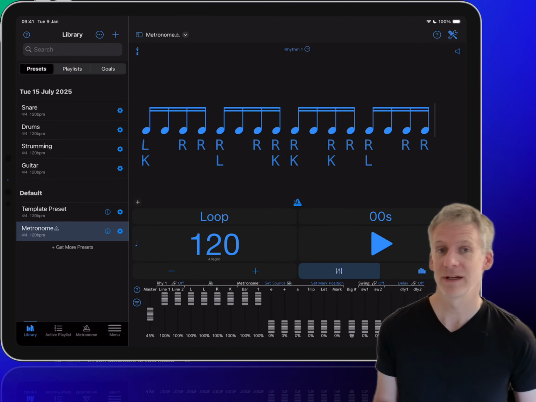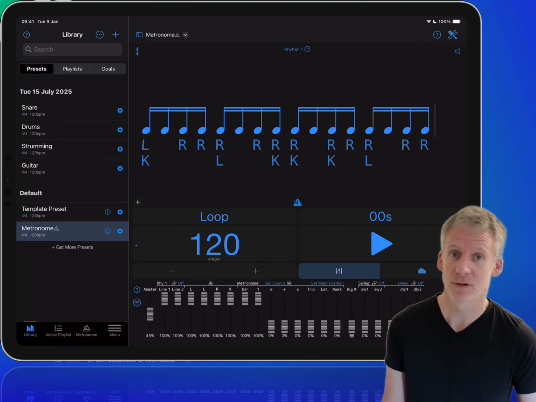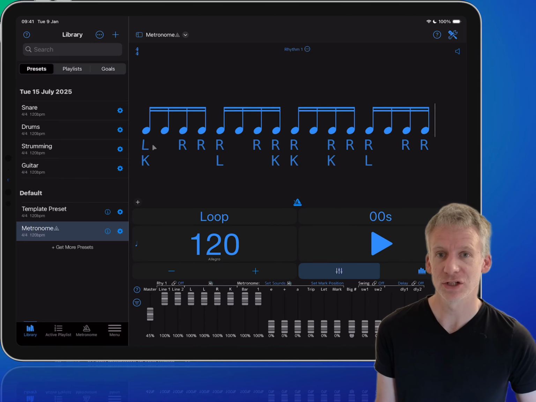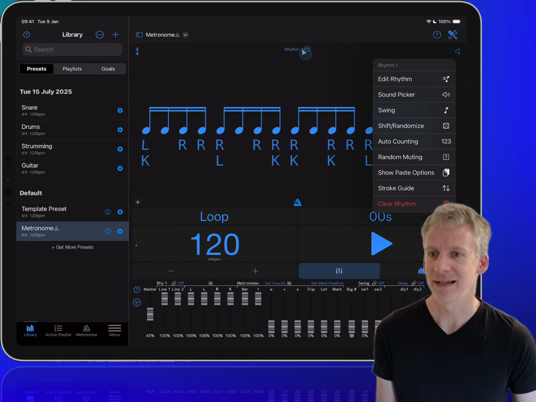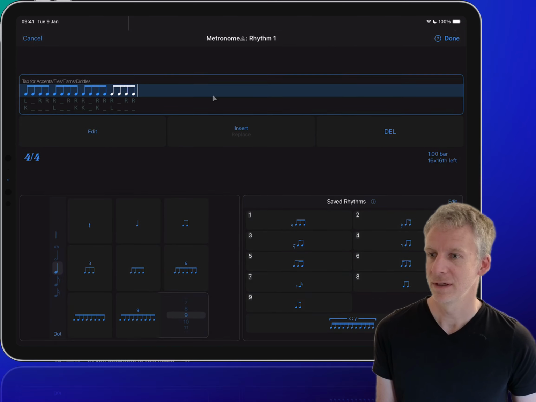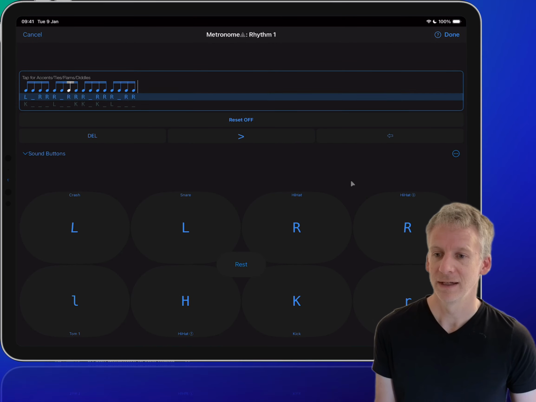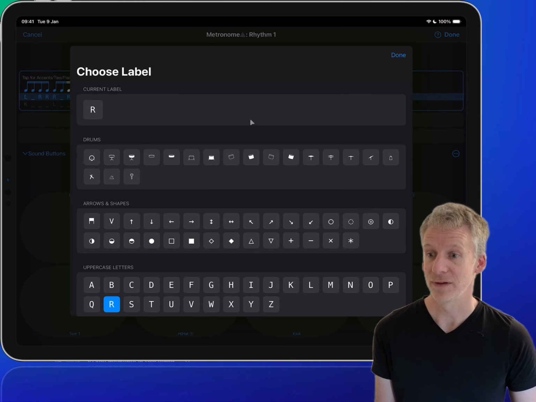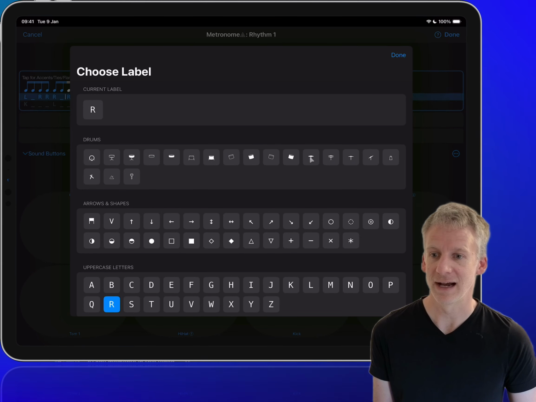This is a very quick video to show you the new feature in PolyNome 25.07.3, which is the ability to change the letters that show up here when you have a rhythm. You would set this by going to edit the rhythm, and then on these two sounds line, now you can long press on these buttons and change the symbol so that the hi-hat might be represented by a hi-hat picture,